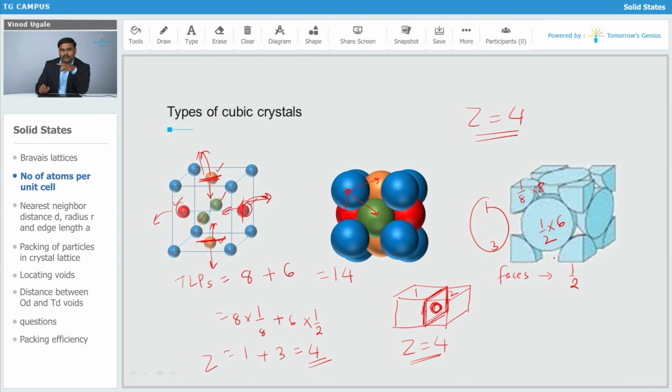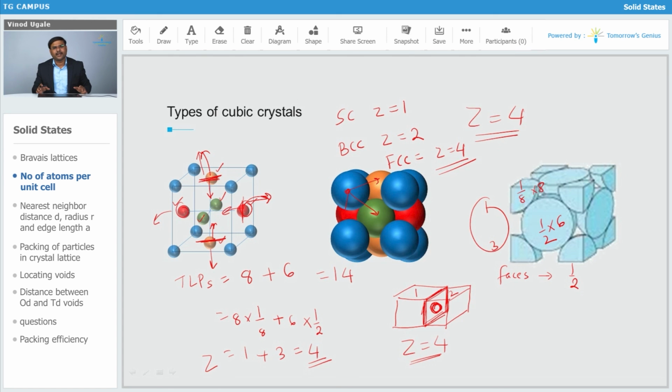So till now, for the cubic crystal system, we have got that for SC we are going to have Z equal to 1. For BCC we are going to have Z equal to 2, and for FCC, as we have just seen, we are going to have Z equal to 4. So that is very important. The value of Z, the rank of any unit cell, is very important. We are going to use it in some formulas for the calculations.